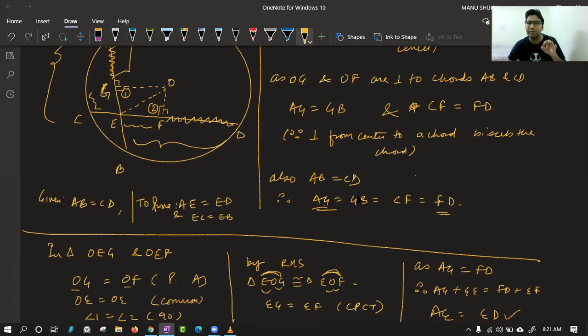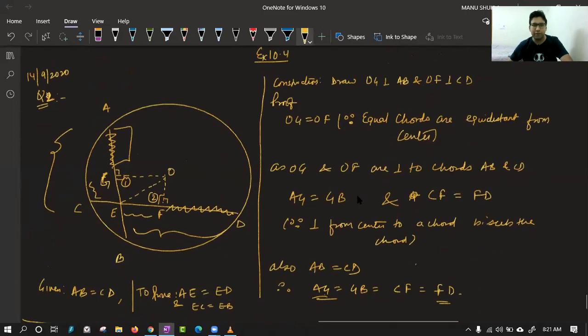Class, tell me till this point, is it clear to everyone what I have done? We had to prove the larger segments equal. For that, I have done this. Now for the smaller segment, class, I don't have to do anything. I can say the complete are equal, larger are equal, subtract the larger one, the lower one will be equal also. Yes, class, we can say, 1 second, let me rub this.